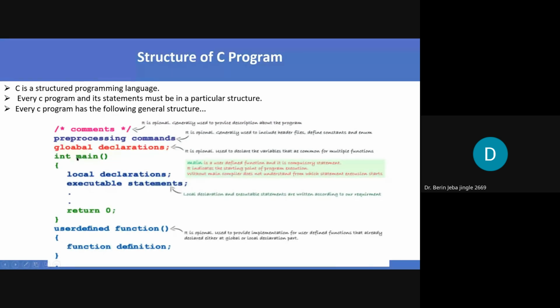What does pre-processing mean? Header files. We are adding some header files for printf and scanf. In a C program, for printing a statement, we use printf. For getting input, we use scanf; printf is the output statement and scanf is the input statement. For these two statements, a common header file is used: hash include